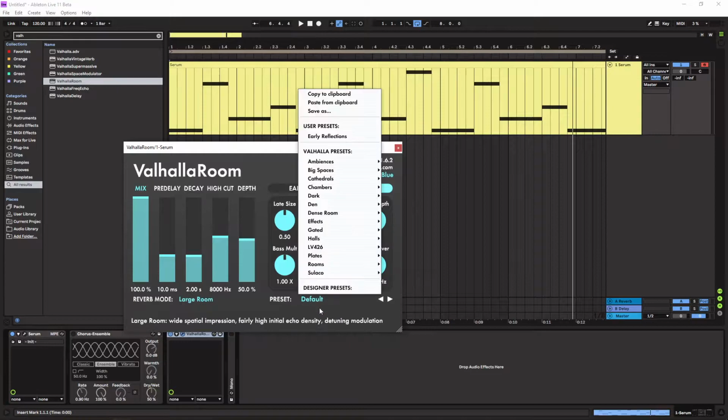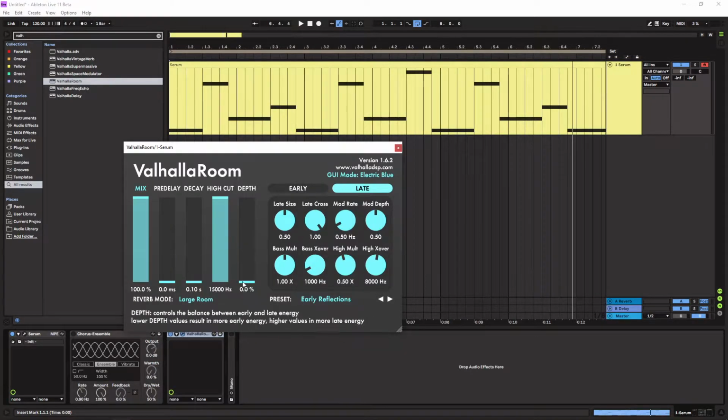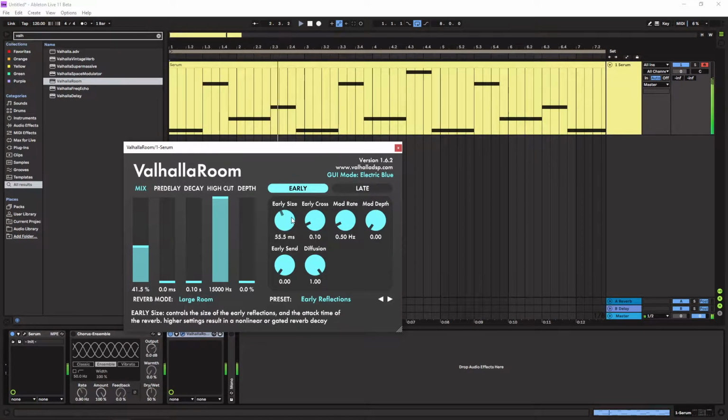I'm just very used to the workflow with this one. So I would like you to think of it like you're adding this type of space over your sound, and you're just making it so that it's not as in the face of the listener. Versus